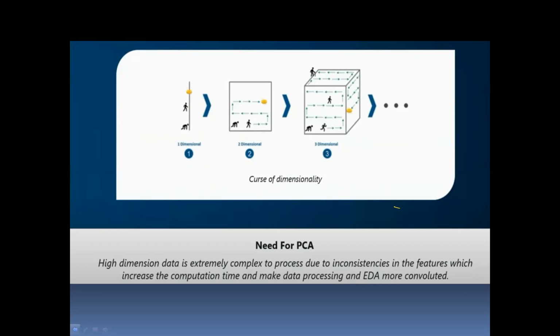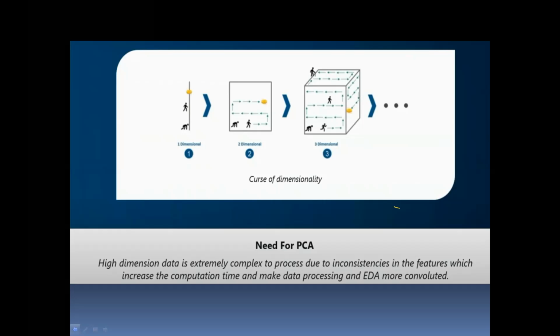Another thing is, how do we reduce the dimensionality? What exactly does a dimensionality reduction algorithm do? What is the need for PCA? Let us see the picture which is illustrated in